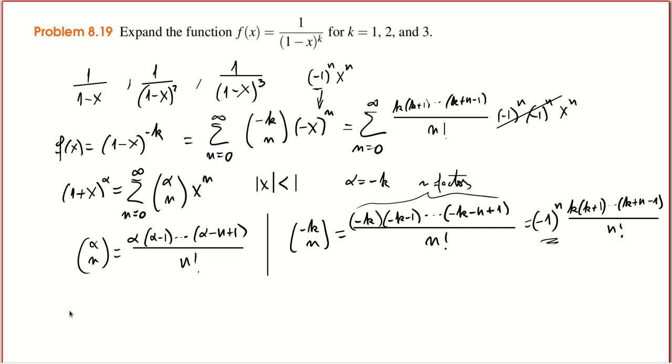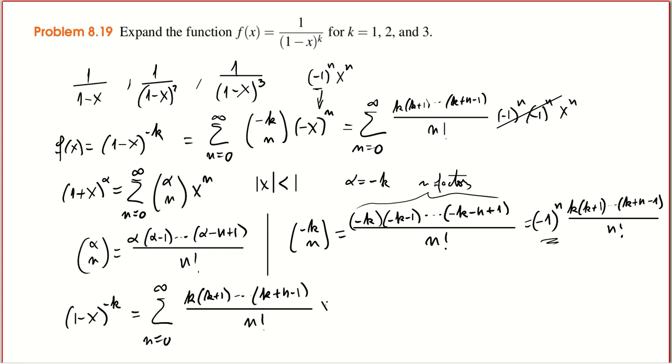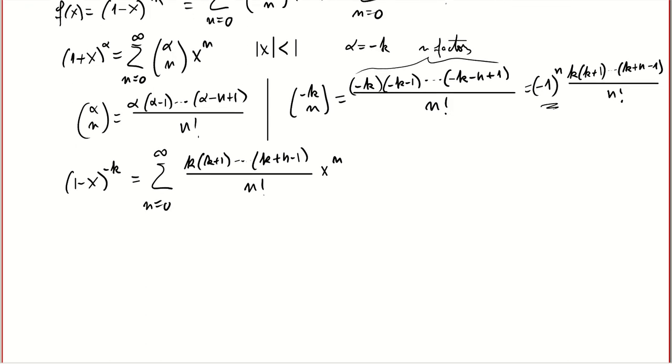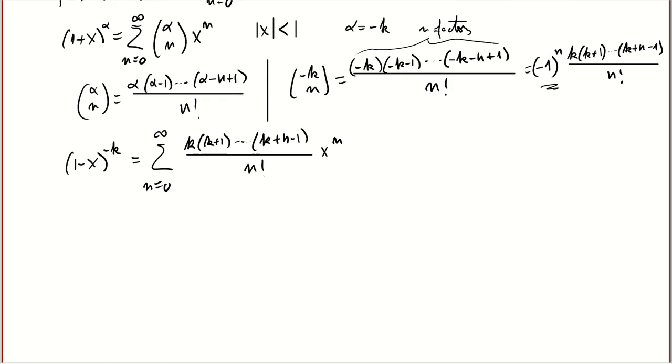And then we have the expansion of 1 minus x to the minus k for arbitrary k, which is equal to the sum from 0 to infinity of k, k plus 1, up to k plus n minus 1, over n factorial, x to the n. There's a much nicer way to write this, and it's the following, right? You can multiply by k minus 1 factorial in the numerator and the denominator. If you do this,